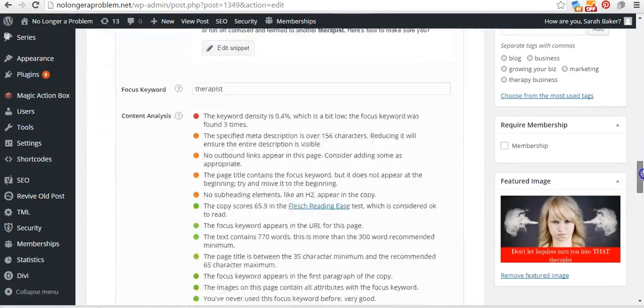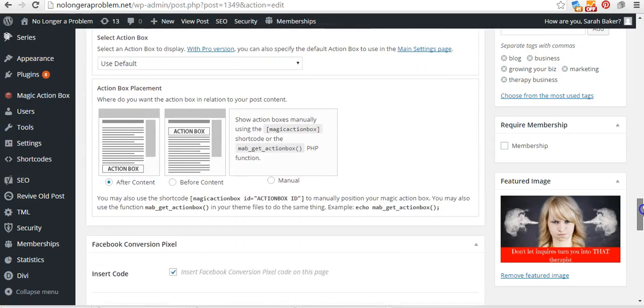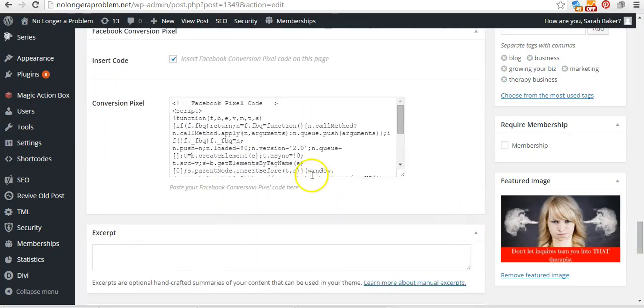So if you just scroll down after you've created your blog, you get this Facebook Conversion Pixel menu, so you just need to click it. You just then right click and paste, and there is your tracking pixel code. Now what happens is every time somebody reads that blog, it collects the information. Then when you've got a few people who've read your blog,